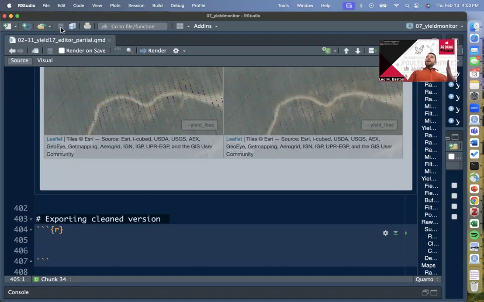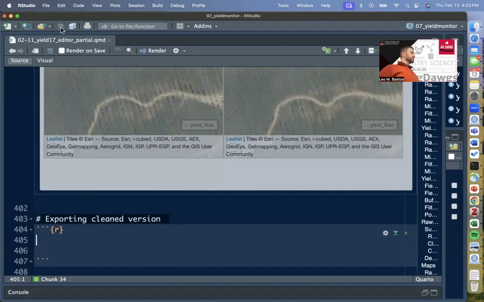Then we took that exported SF raw yield data, brought it into this script, did all the 5 filters, and checked for a lot of things. Now the goal is to export this version that has been wrangled and filtered with 5 filters, so we can use it in the next exercise, which is going to be